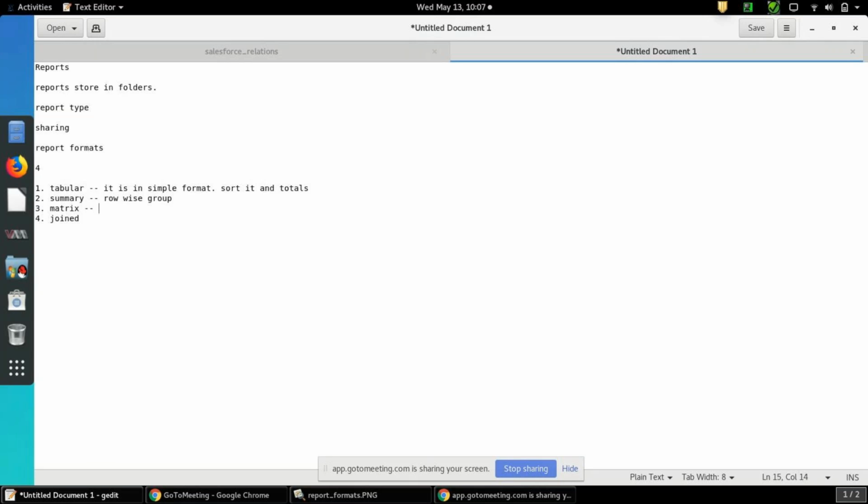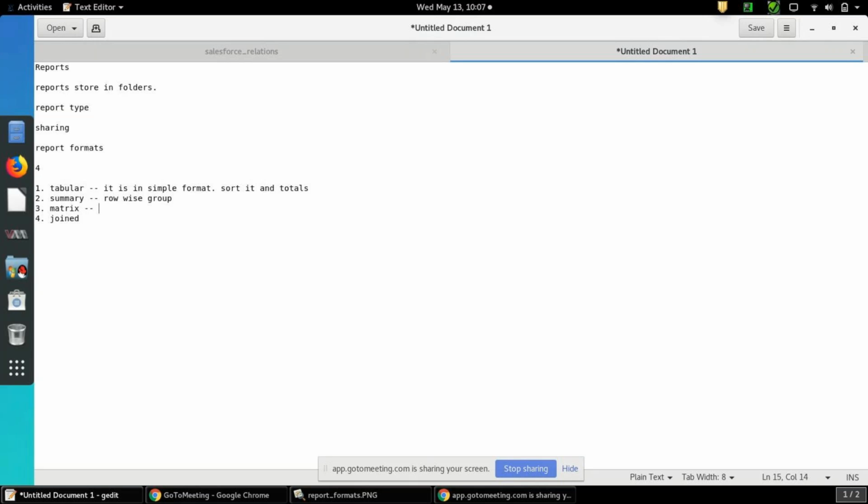Matrix report is when you want to group both rows and columns. For example, on the left side I want who are all the leads that came from web, phone, or something like that, and on the right side something else. I'll show you with an example.